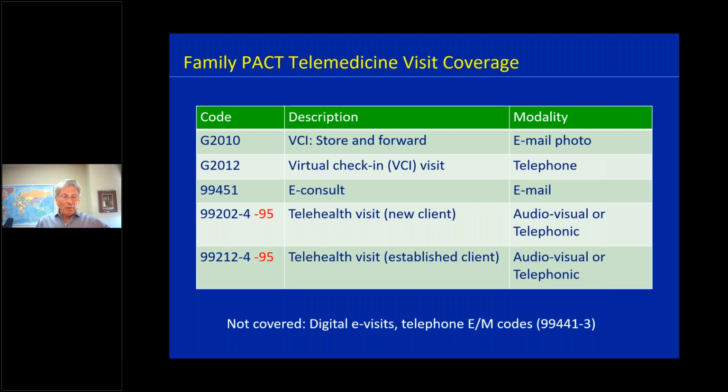Next is a HCPCS code of G2012. That's a telephonic visit with the patient to decide whether or not she needs to come in. That's called a virtual check-in visit and can be done by a staff member. It doesn't need to be done by a clinician. And that's when there's a 10-minute conversation, do I need to come in or not? And then you can bill this code, which has just come up since last March during the pandemic. Next, you can bill a 99451 if you do an email consult with a specialist about a patient's particular problem.